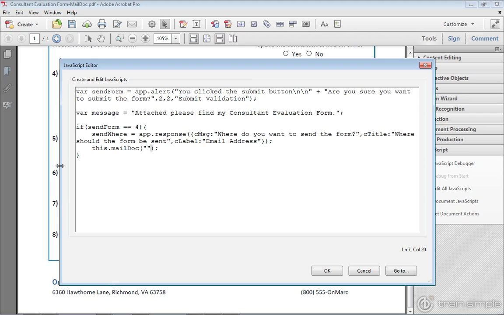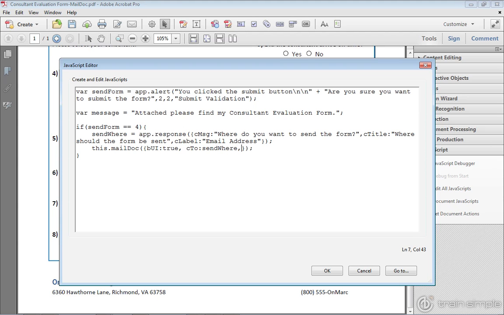So instead of using the submit form built into Acrobat, we can do some things surrounding the button to submit the form. We're not even using the submit form action. So within this area, oh, and I forgot my curly brackets. Easy to forget those. What we're going to be adding is bUI of true. We're going to do cTo. These are all properties available to the mail doc method, send where, and that one will be our app response